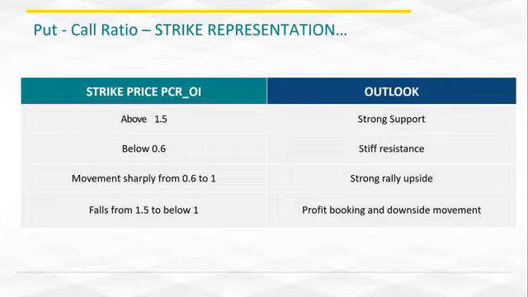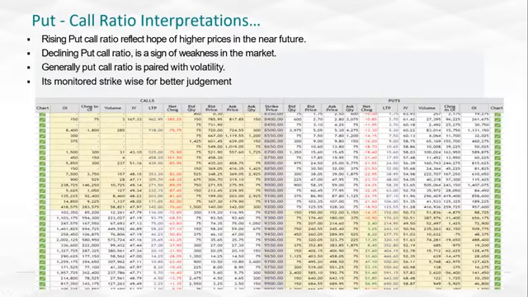So okay, I will have again a very quick exercise. Let me ask, if strike price PCR is above 1.5, can anybody tell me whether it is strong or weak? Correct, strong. And if it is falling from 1.5 to 1, is it a weak sentiment or a strong sentiment? Correct, Mr. Vajra. Yes, Mr. Rakesh, Kuldeep ji, yes, everybody is okay.